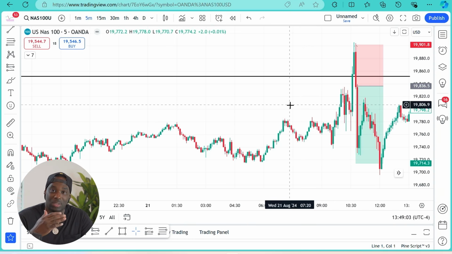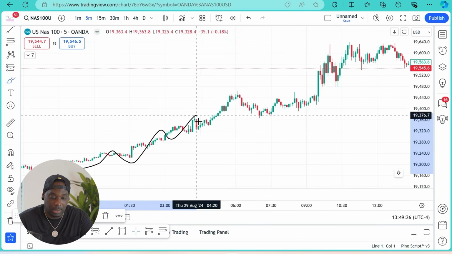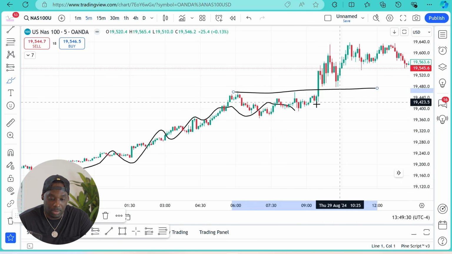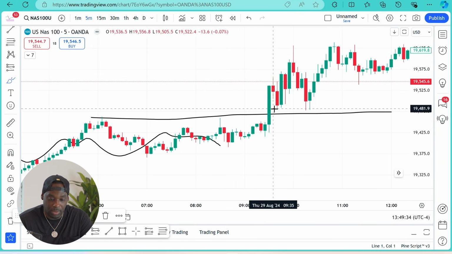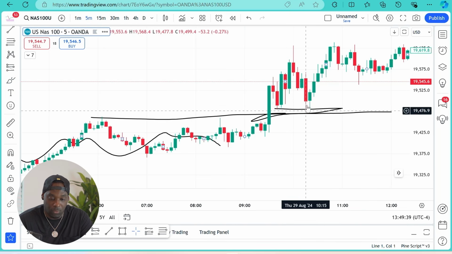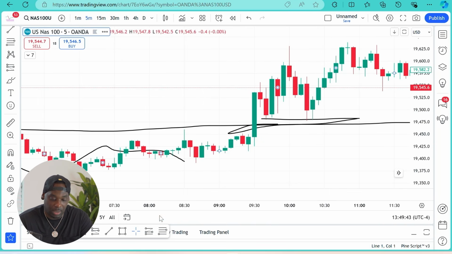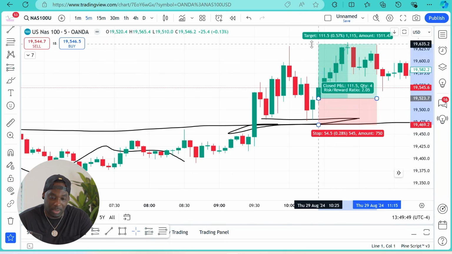Now, let me show you guys one more example so we can wrap this up. But I want you guys to understand what I'm talking about. Okay, guys, so here, again, clear uptrend, okay? Now the market pulled back to this support level right here, right? Now notice how we have this swing low right here, right? The market came back to that swing low, okay? Forming some type of support right here. To me, this is a great trade, okay? And a long opportunity right here, targeting the highs right here, okay?